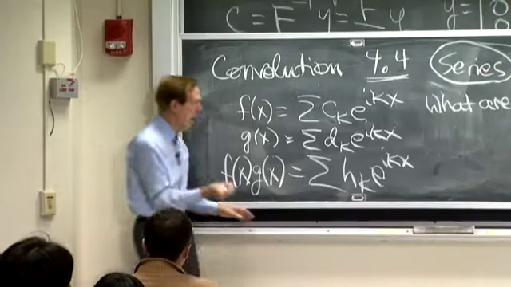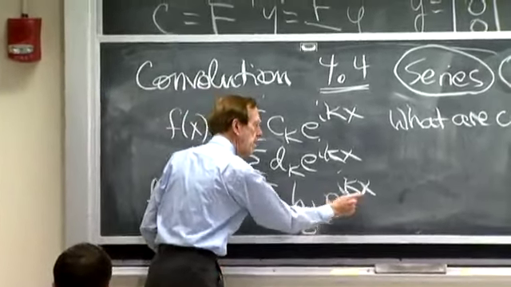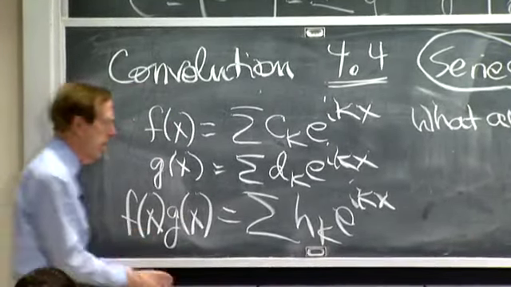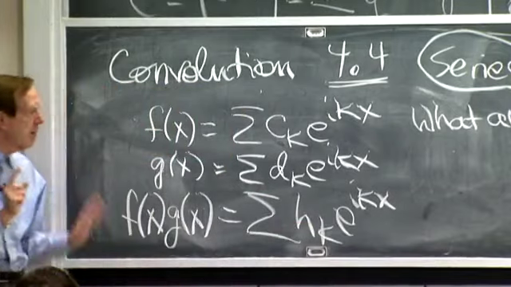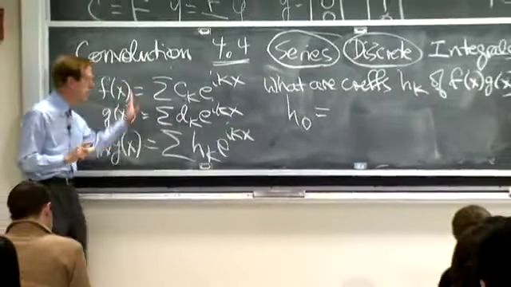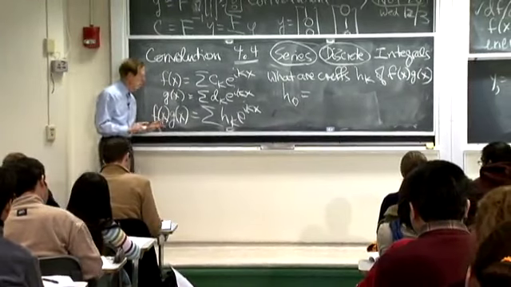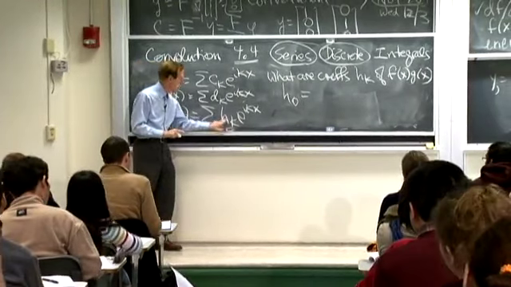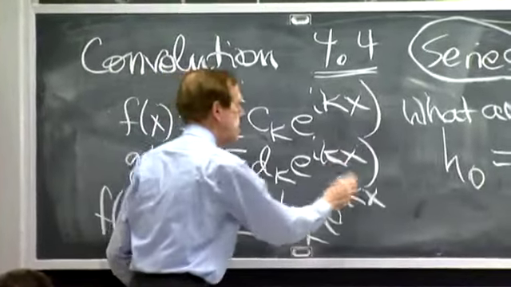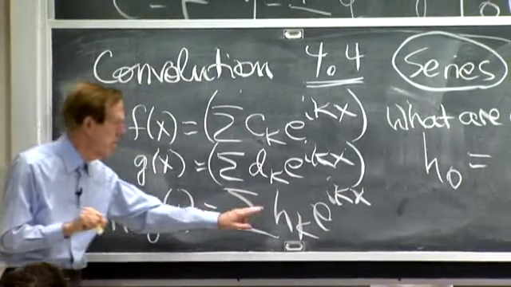So what am I asking? I'm asking to pick out all the terms that have the same exponential with them. Like, what's h0? Tell me what h0 is. If you can pick out h0 here, you'll get the idea of convolution. What's the constant term? If I multiply this mess times this mess, and I look for the constant term, h0,